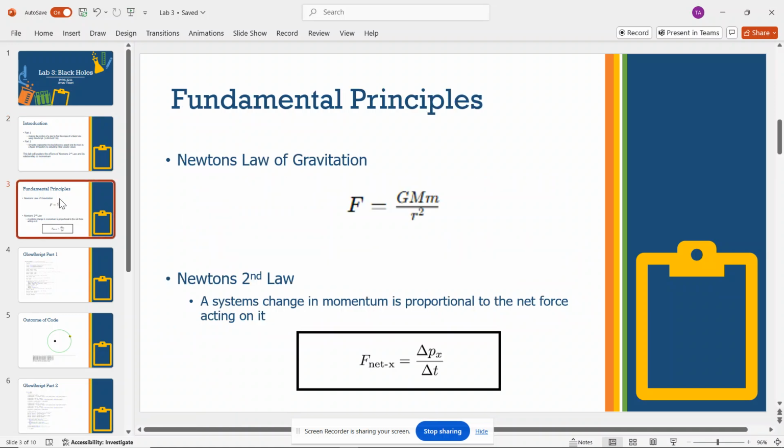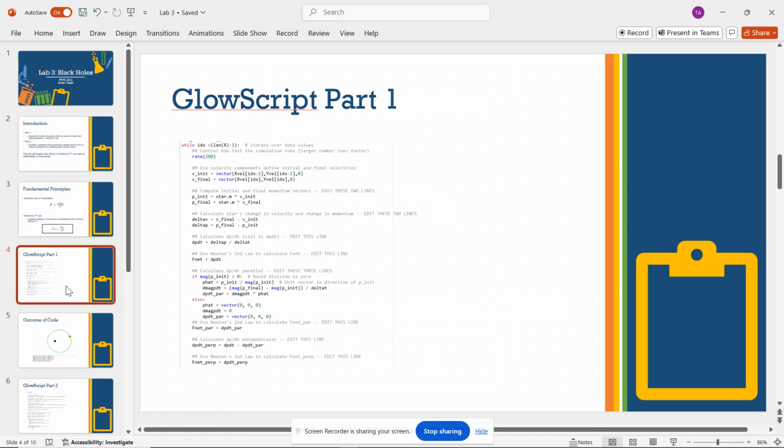The fundamental principles used in this lab are the force of gravitation, with F equals G m times M over r squared, as well as Newton's second law, where a system's change in momentum is proportional to the net force acting on it. Looking at the code for part 1 and trying to find the mass of the black hole,